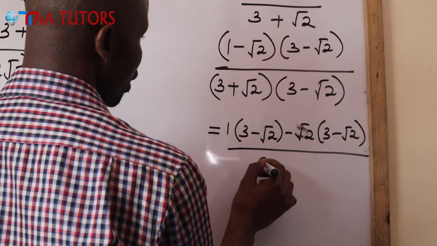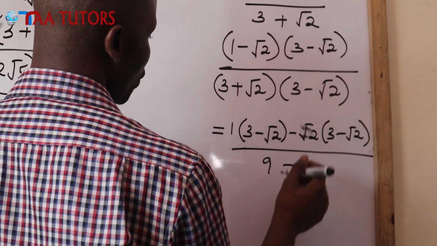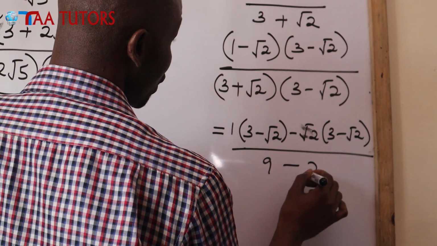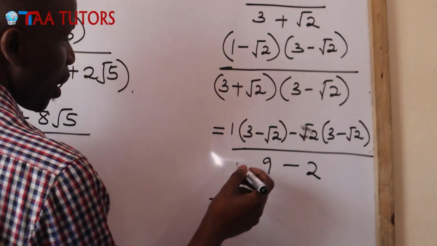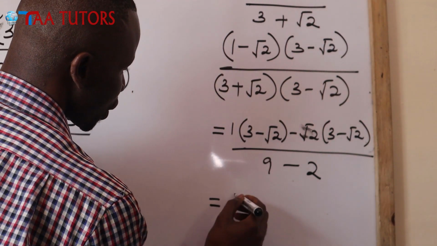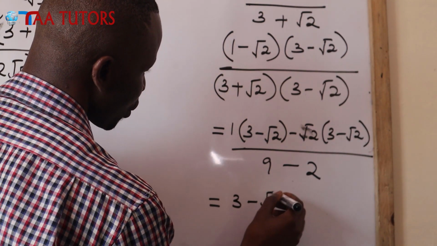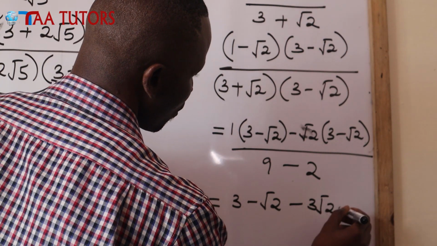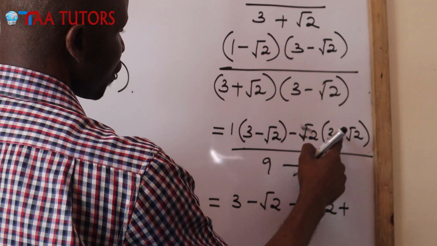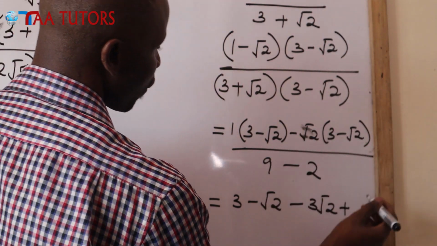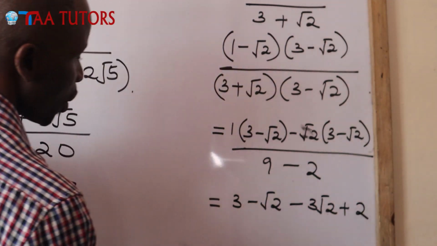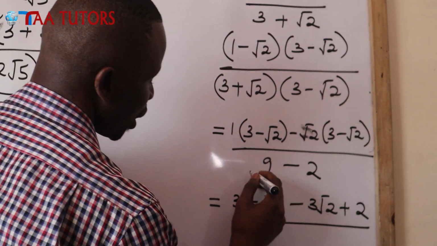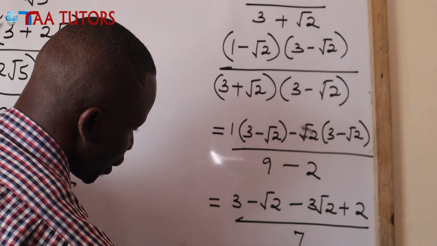3 times 3 is 9, minus surd 2 times surd 2, which is surd 4, which is 2. So this is 3 minus surd 2 minus 3 surd 2, plus negative times negative, which will be surd 4. Surd 4 is 2, divided by 7. So we'll get here